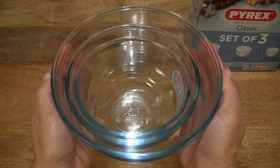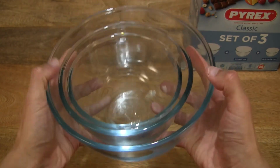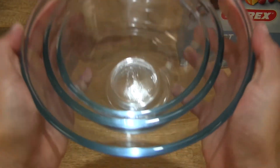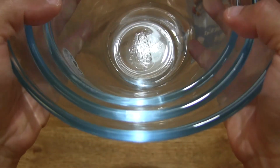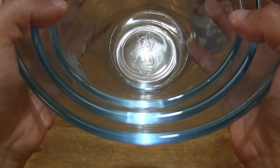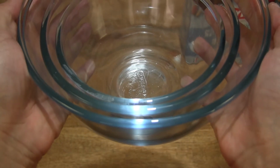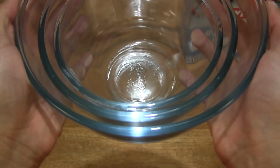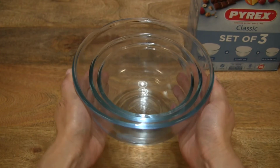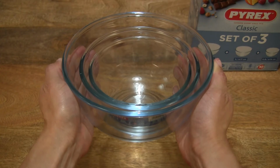Right there, you can see all 3 bowls, 2 of them nesting within the largest bowl right there. Okay, and this time around, giving you a look at the 3 sizes and the thickness of the glass of the 3 classic mixing bowls. So a nice pale blue color, as you can see on the rim of the bowls right there. And okay, just giving you another look right there. So they do have a nice weight,